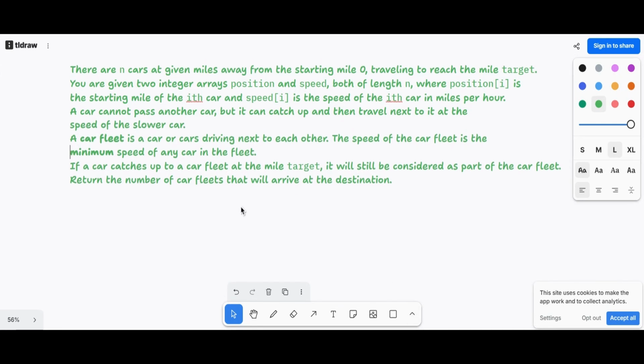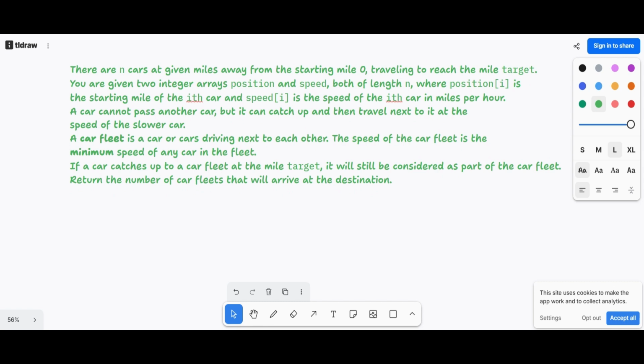Hello everyone. So today we are going to see another question which is miscellaneous type. Nothing specific to pattern like if this pattern then monotonic stack, but a good question of monotonic stack. So the question says that there are n cars at given miles away from some starting point which is